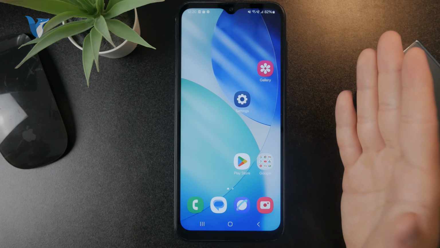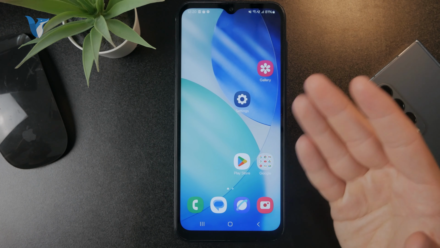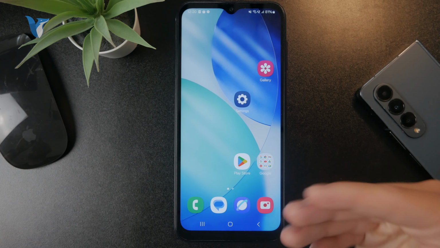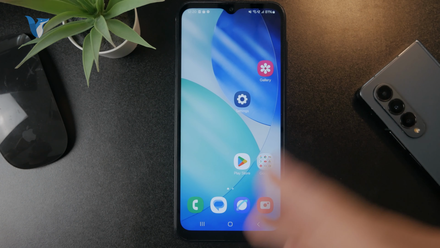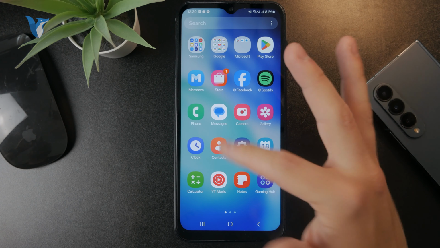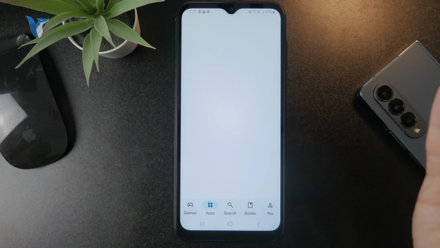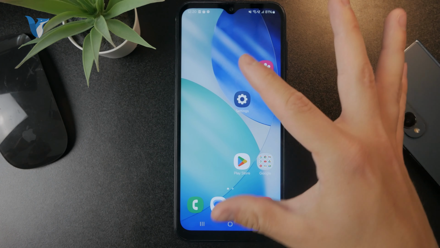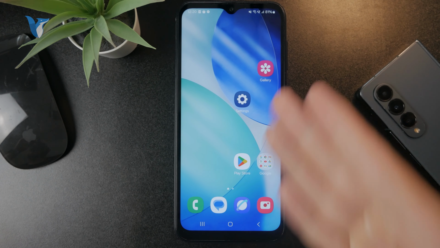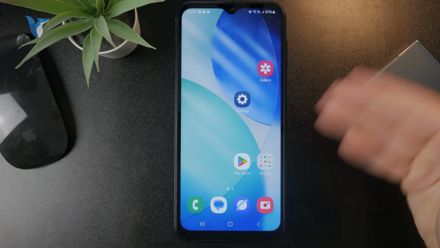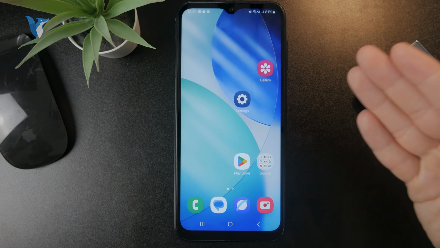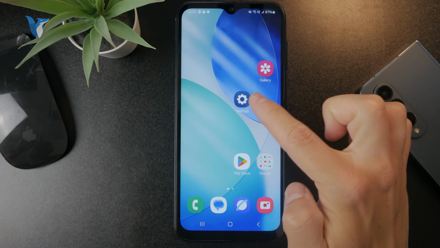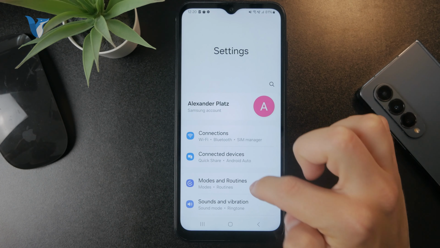So that's obviously useful, but you also have the ability to decide for apps if they can be open in the background. So this is a little bit more advanced. Like, you have some apps which are only active when you get inside, but some apps can also run in the background without you having them open on the screen. It might be useful for apps like weather to constantly get the latest data and so on, but it might also drain the battery. So you can set it up and control it when you go to your settings app,